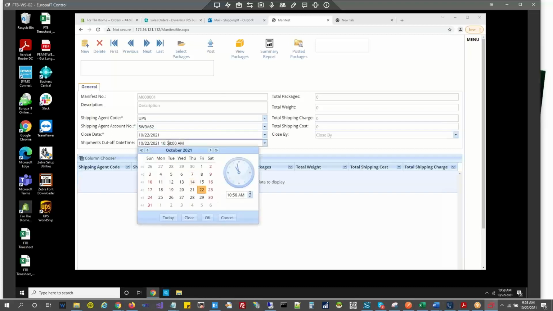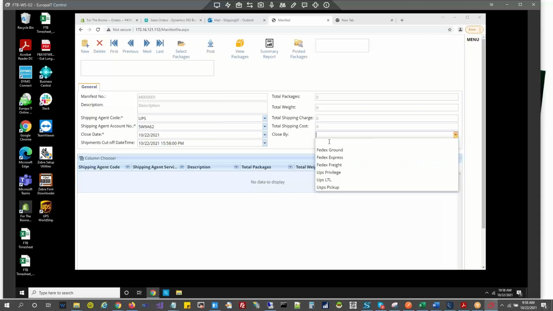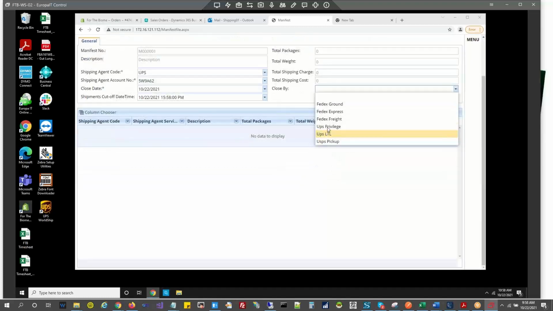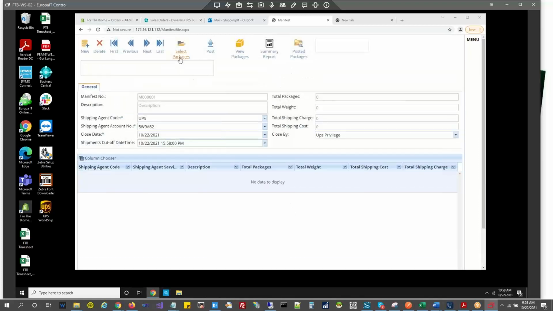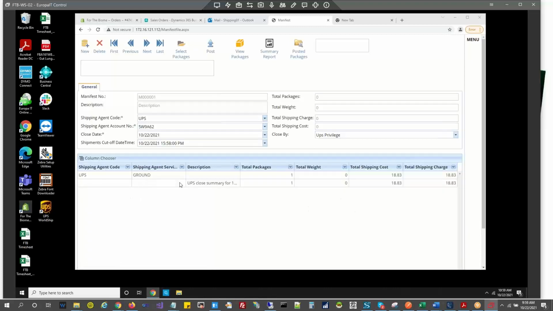Then you use the option select packages, and you will get all the packages that were processed for this particular day. And you can post this.